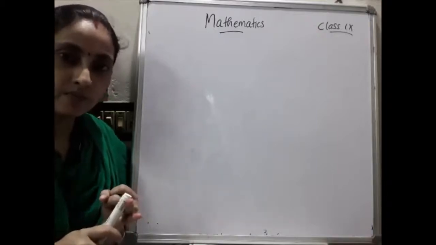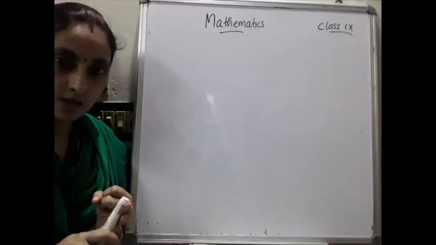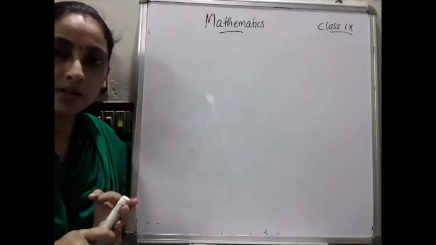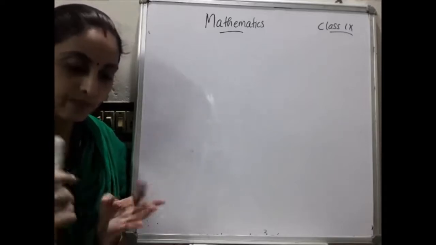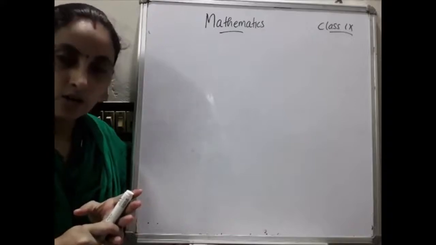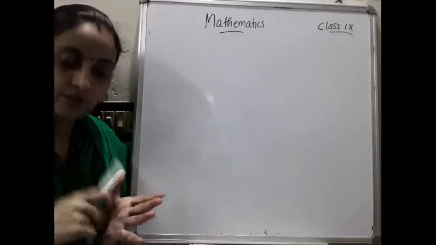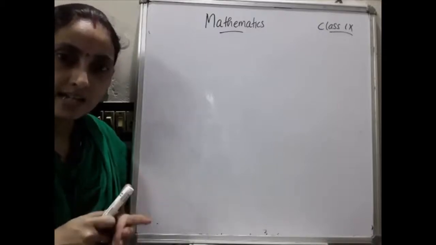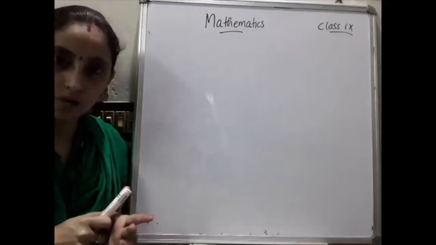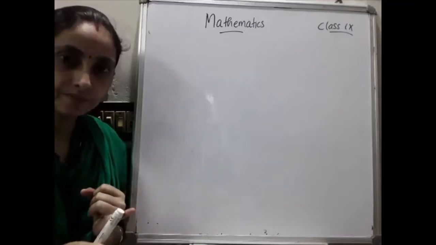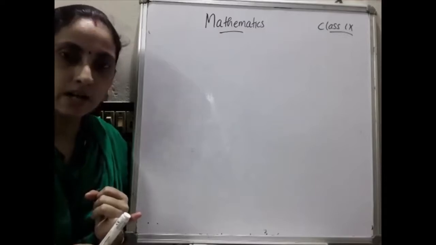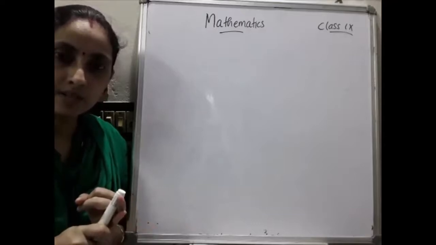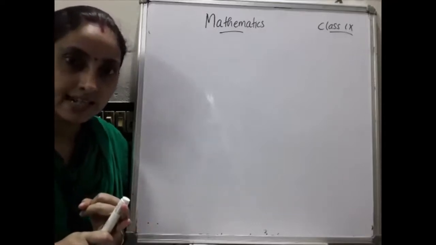And the second one, yes: in a parallelogram, opposite sides are equal. Third one: if in a quadrilateral the opposite sides are equal, then it is a parallelogram. Then the fourth one: in a parallelogram, opposite angles are equal. Then the fifth one: in a quadrilateral whose opposite angles are equal, then it is a parallelogram. Okay, then the sixth one, what is the sixth one? Yes, in a parallelogram, the diagonals bisect each other. And the last one, the seventh one: if the diagonals of a quadrilateral bisect each other, then it is a parallelogram.